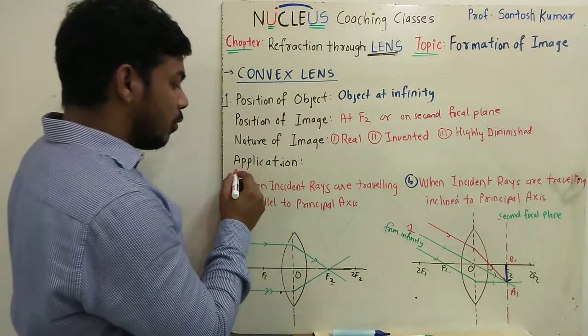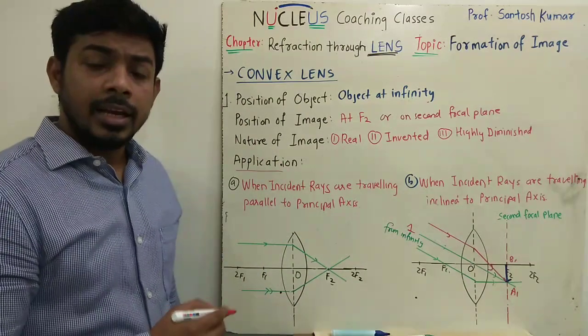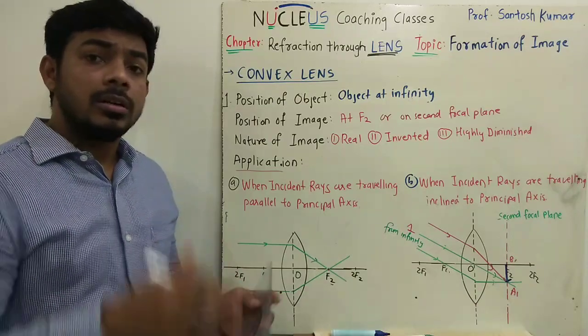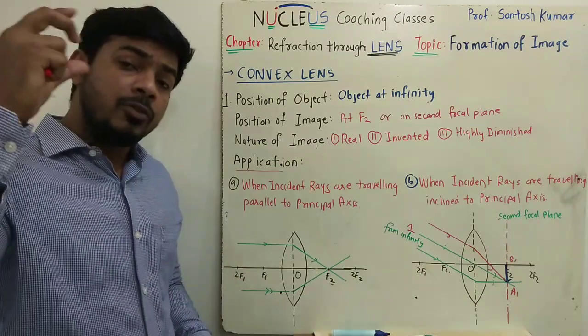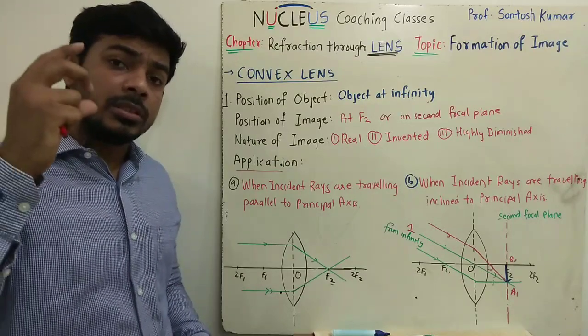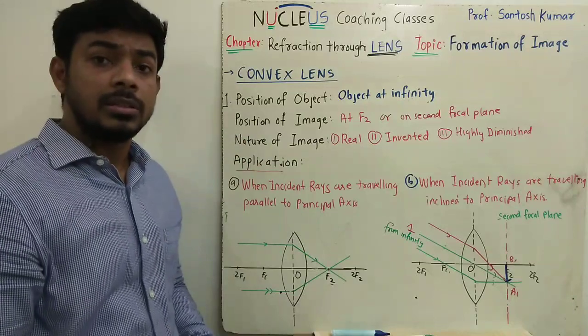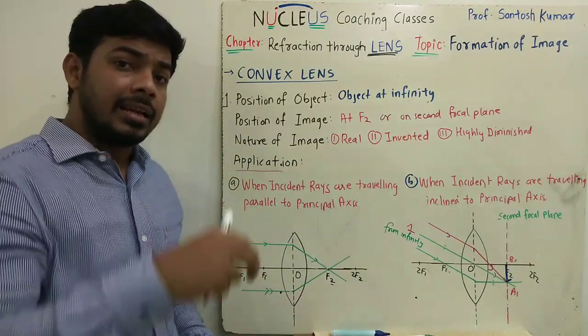If I talk about applications of this case, you can see that we must have used a convex lens for the rays coming from the sun. We use the convex lens to converge the rays coming from the sun, and using that ray, okay,